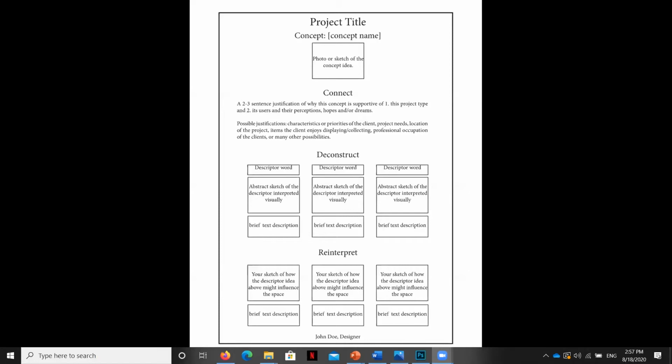Once you've selected a concept that's a really strong tie to your client, it's now time to deconstruct it into its parts. You can see here there are 3 descriptor words on this sheet. I really like to think about these descriptor words as the elements and principles of the design that are represented by your concept and your concept image. This will help you figure out what qualities of your design concept can be directly applied to the physical